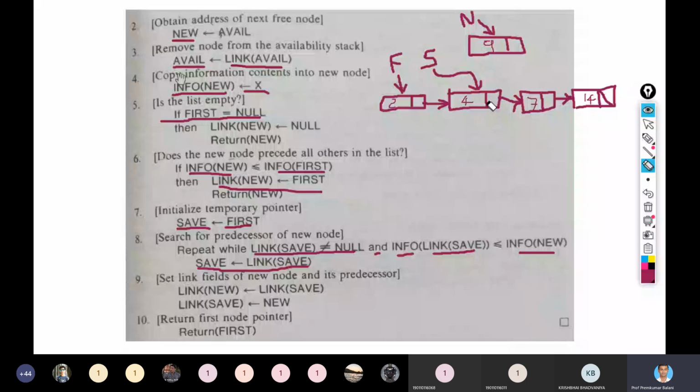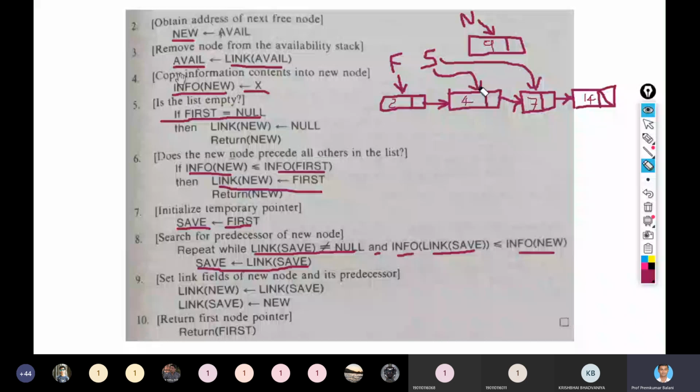The information part of link of save is this 7, and the information of new is 9, which is greater than this 7. So we again will enter the loop and update the save pointer as the link of save. So we will be pointing here.